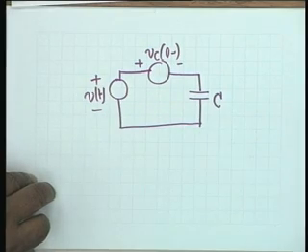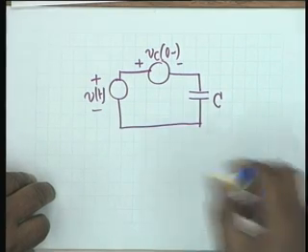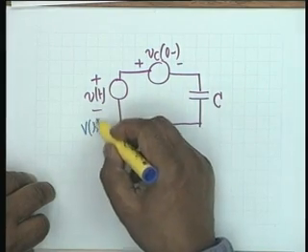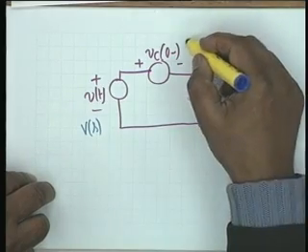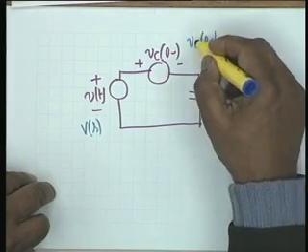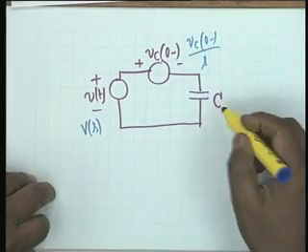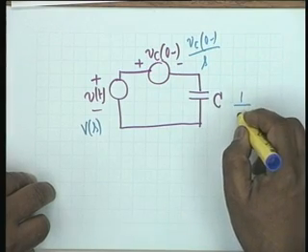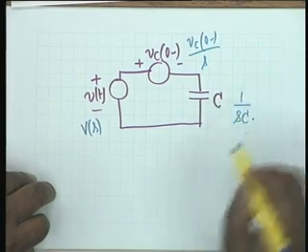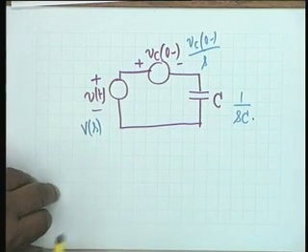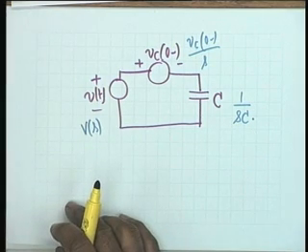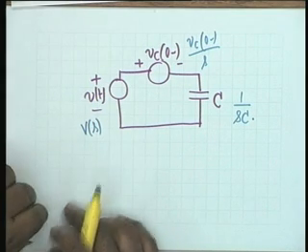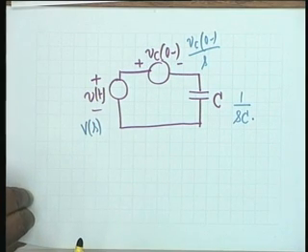And if I want to change this to, let us say, the Laplace domain, then we have V of s, this will be Vc 0 minus divided by s, and this capacitor shall behave as an impedance of 1 by Sc, where s is the complex variable. Okay. This is the equivalent circuit of a capacitor. Any questions so far?